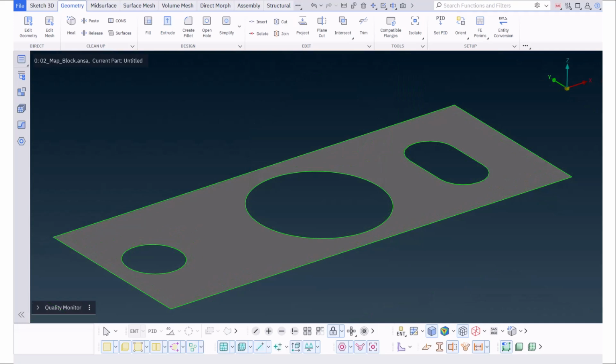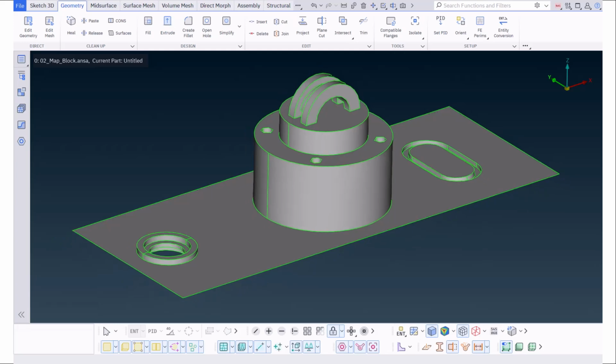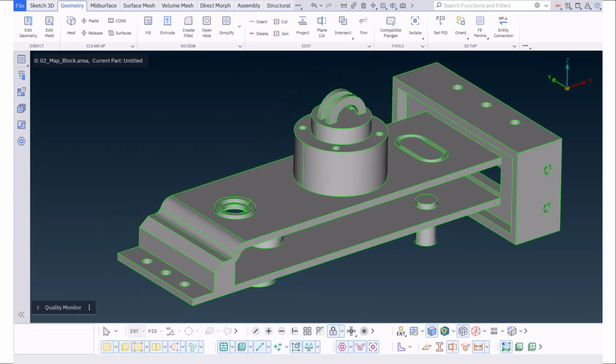On the top slab, there is a counterbore with an external ring, a discorectangle groove, and a cylindrical structure with an attachment bracket on top, and four holes. Due to its complexity, it will need to be broken down into more manageable sub-blocks, using both automated and manual splitting techniques in order to be mapped and meshed.